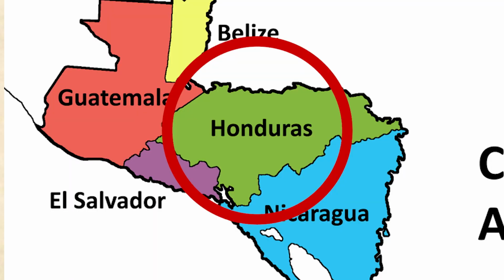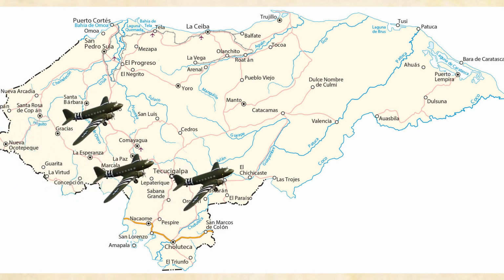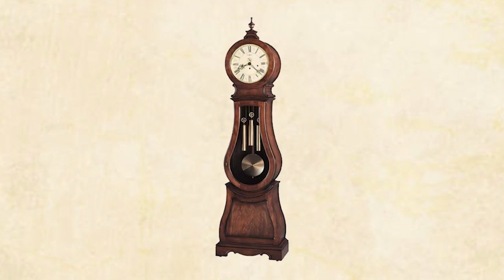One unsuspecting day, Honduras, Central America, 1969. Several Douglas C-47s dropped bombs on the capital and multiple airports within Honduran borders. El Salvador had attacked, unprovoked, and the Honduran military was caught off guard. With the El Salvadorian army and air forces invading across the river border both nations share, time is the enemy